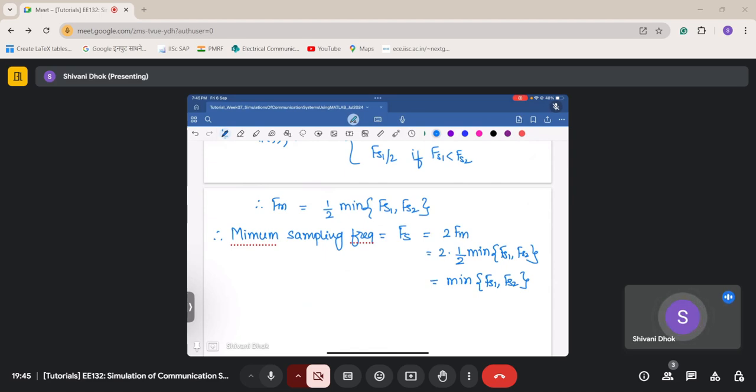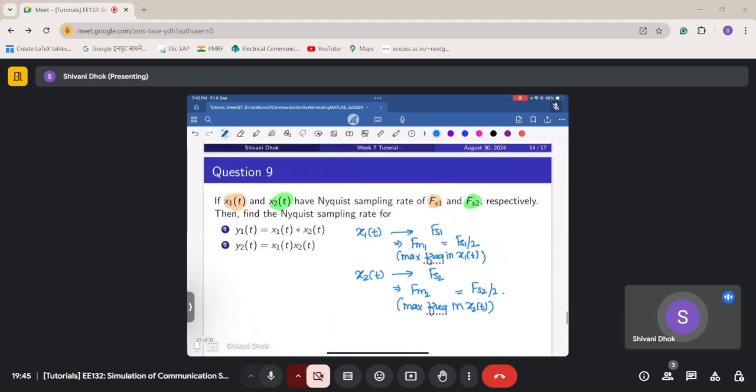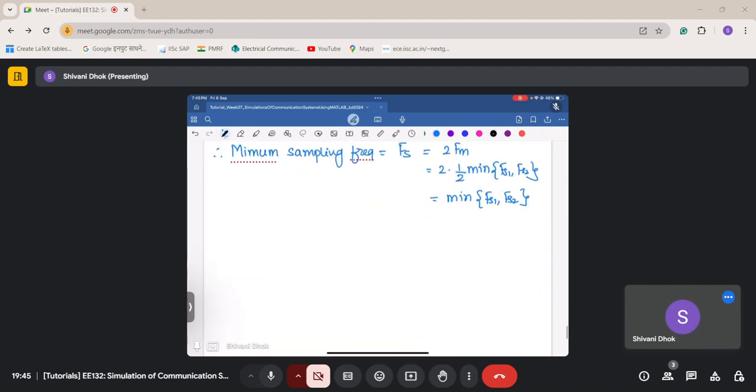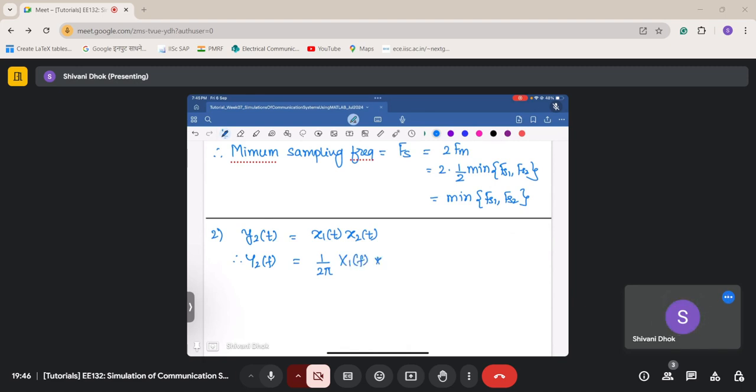Okay, if there are no questions, then let me move on to the second part of the same question. So in the second part, the first part we have done. The second part says y2(t) equal to x1(t) into x2(t). Therefore your y2(f) will be equal to 1 upon 2 pi into x1(f) convolved with